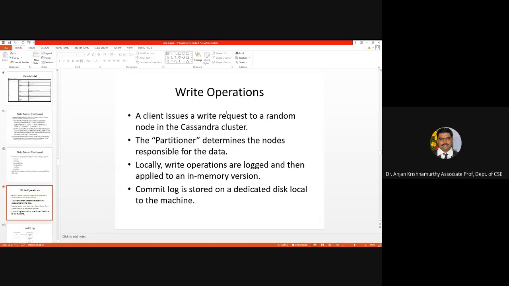When it comes to write operations in Cassandra, the write operations go to a random node request. That is, the partitioner determines the nodes that are responsible for this data. It writes locally and makes sure there is an in-memory version of the write. The commit log is used to dedicate the disk local to that machine.